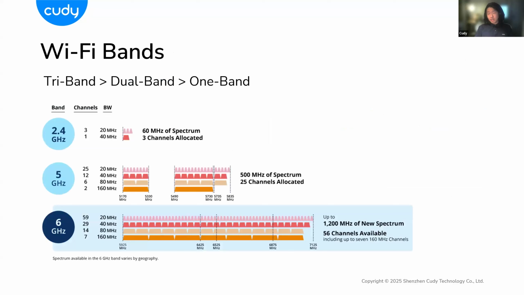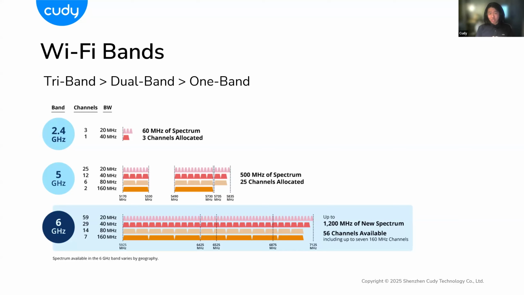So firstly, you must have heard that there are tri-band routers, dual-band routers, or even one-band routers, but one-band routers won't market themselves as one-band routers because that's the lower end. So from this graph, you can see that the one-band 2.4 gigahertz has very narrow frequency resources. So the speed limit is very limited, but a dual-band router can access 2.4 and 5 gigahertz, so it's less